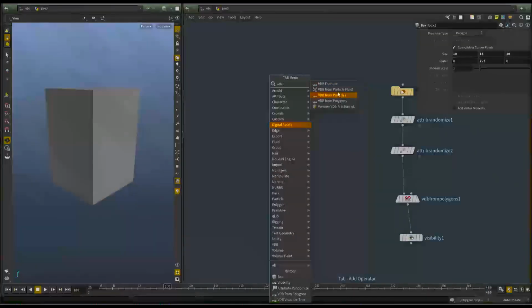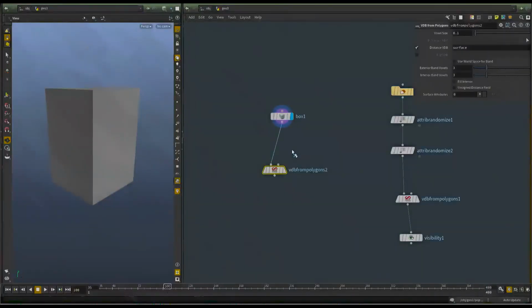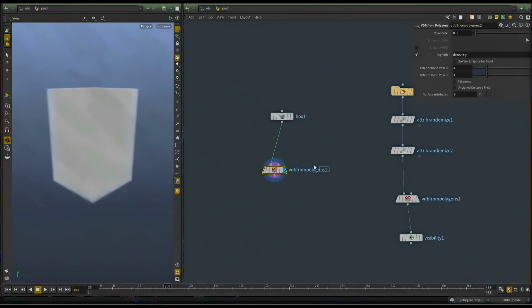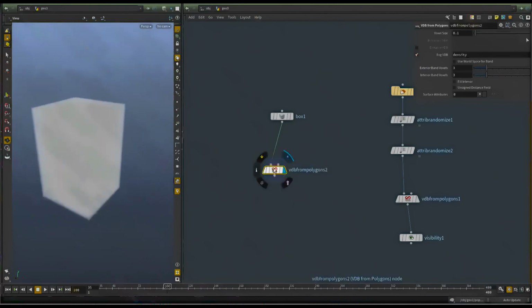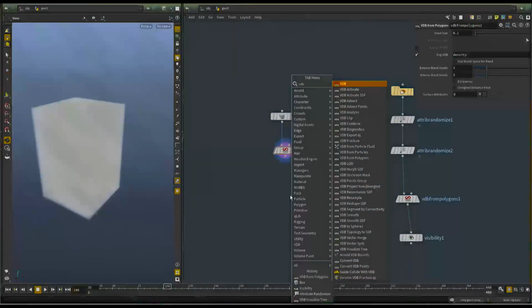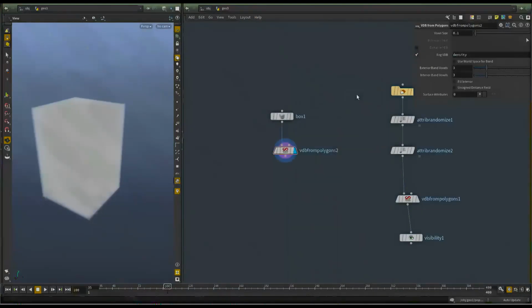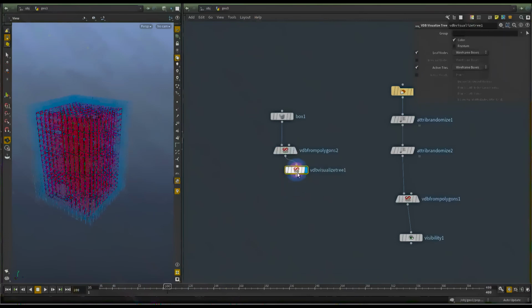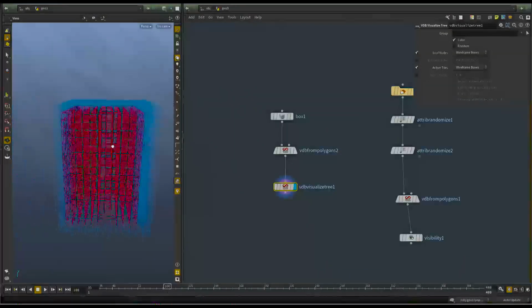I'm going to create a VDB from Polygon, and same as we did with this, we're going to convert it into a volume. You can see it here. Everything is good. Now I'm going to use a node called VDB Visualize Tree, and if I connect this, you see it shows me